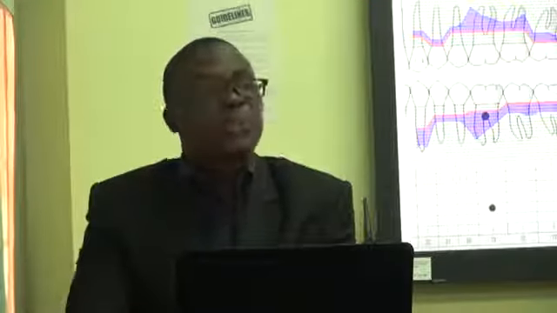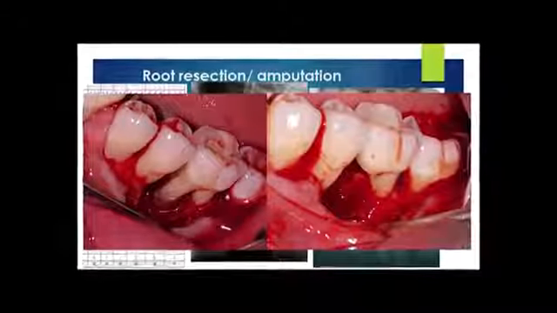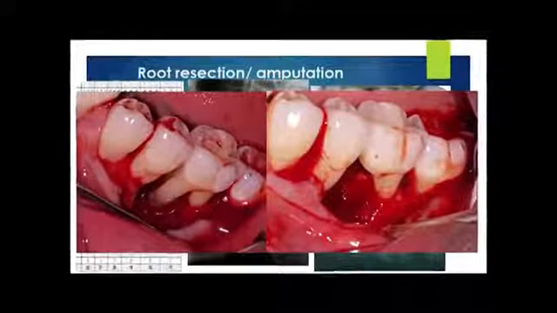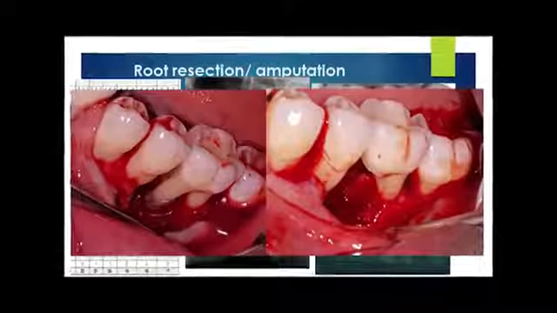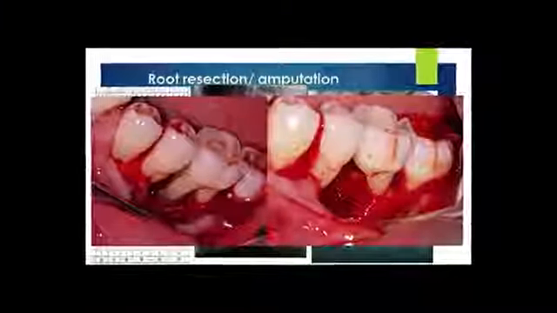Okay. Extract the tooth. Yes, of course, the easiest way out. So in this particular case, what I did was to do endo on the root I wanted to save. Then we did root amputation. You can see, after attempting scaling and root planing, how clean this root is up here, but calculus is still up to the apex of the root. And then we had to cut out this root and just leave it as that. Amputation. Yes, you're lame, but you can walk.